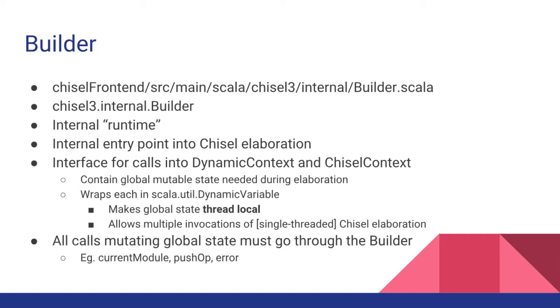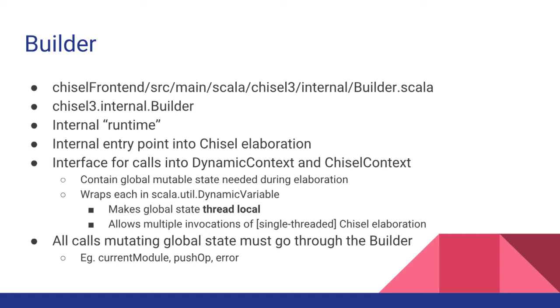Anything that asks for the current module needs to find out what is the current module that's being elaborated. That information is also stored in the builder. So if you are developing on Chisel, there's a call that you can do called Module.clock, and I want to clarify that's not the same thing as asking for the clock field of a module itself. That's object Module.clock. And that's a way of getting whatever the currently in-scope clock is. That call goes into the builder, finds out what the current clock is, and then returns it.